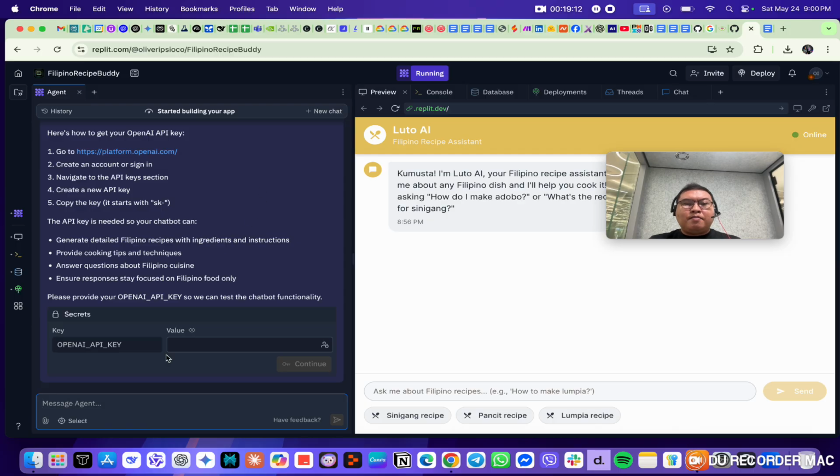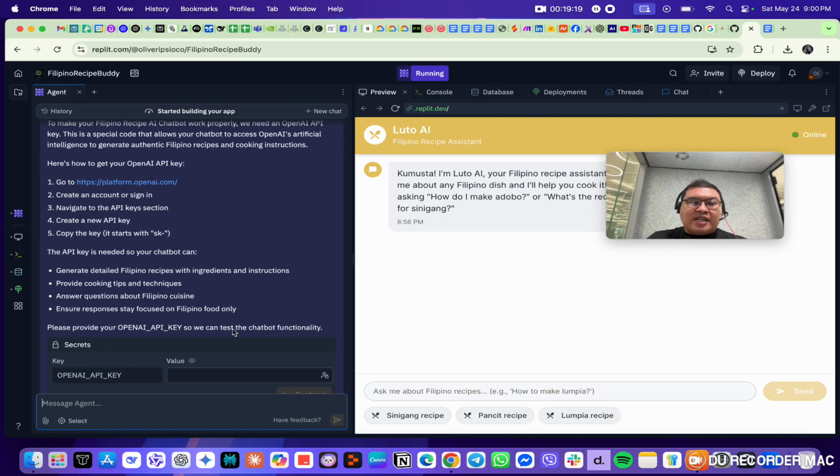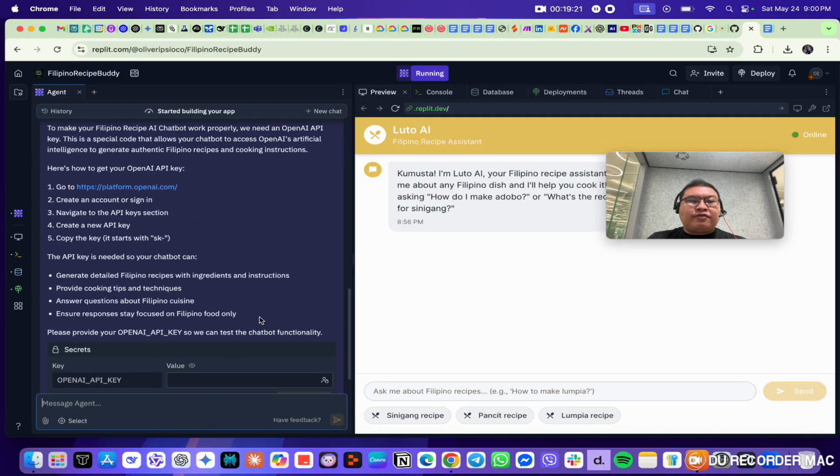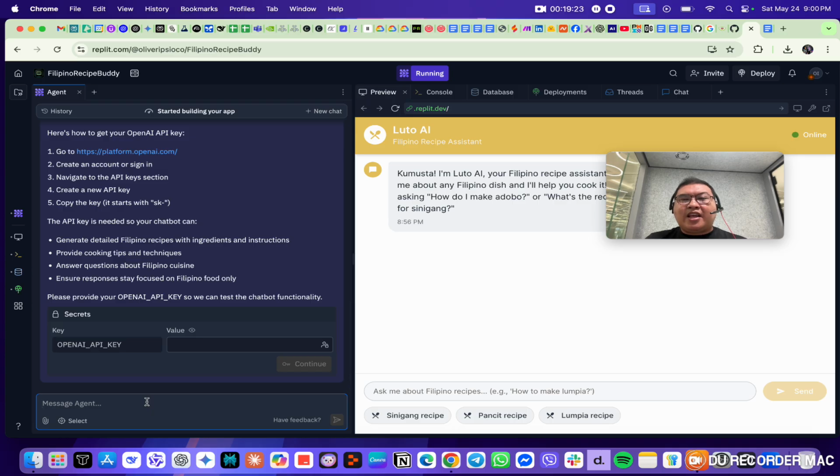So going back to Replit, I'm going to show you an example of prompt chaining. As we can see, it's actually asking for an API key from OpenAI. Since I don't have an API key from OpenAI,